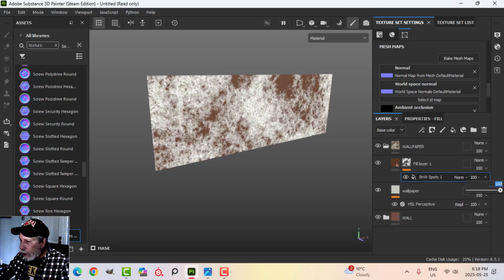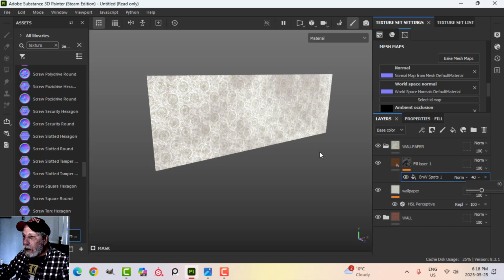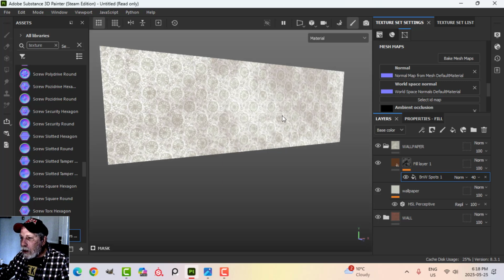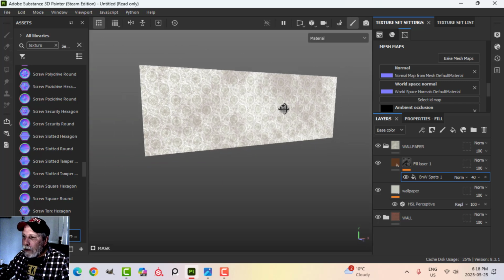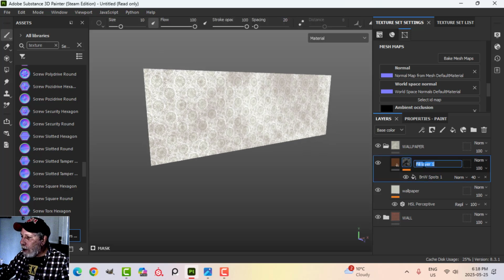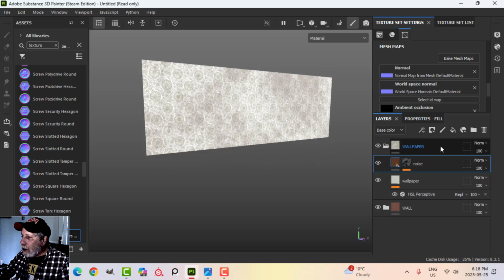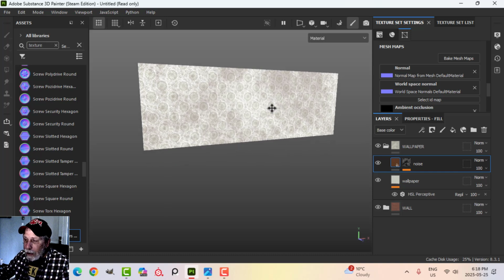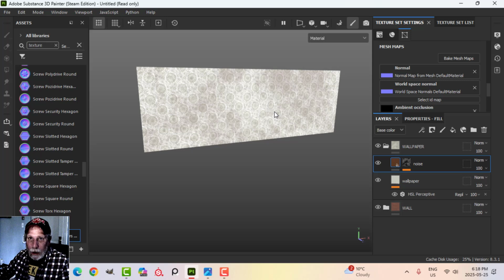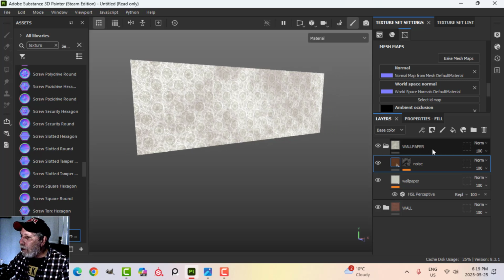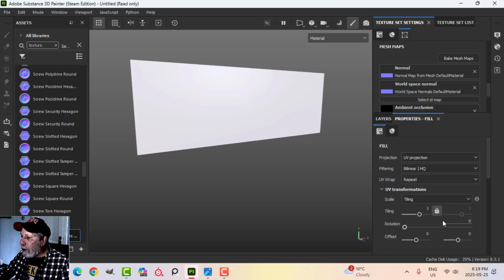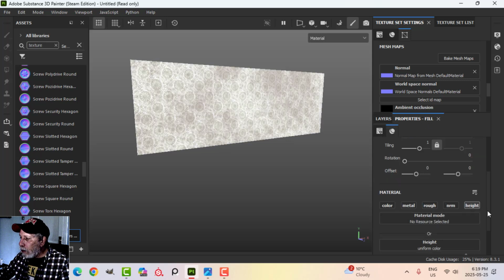I'm going to put this at 40%, just so there's some splotches in there that are barely, just makes it a little bit more grungy. I don't know what to call this, noise, maybe. Okay, so we've got that in there, and yeah. So now let's add some folds to this. Unfortunately, we can do this to some extent in texture as opposed to sculpting in folds in Blender or what have you. So I'm going to add a fill layer, but I'm going to, I think, alt-click height